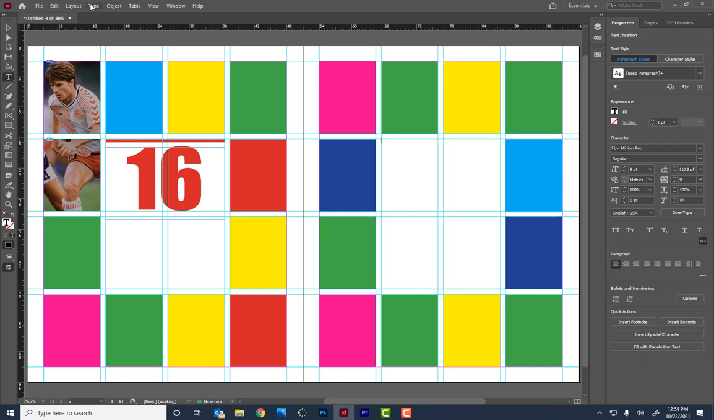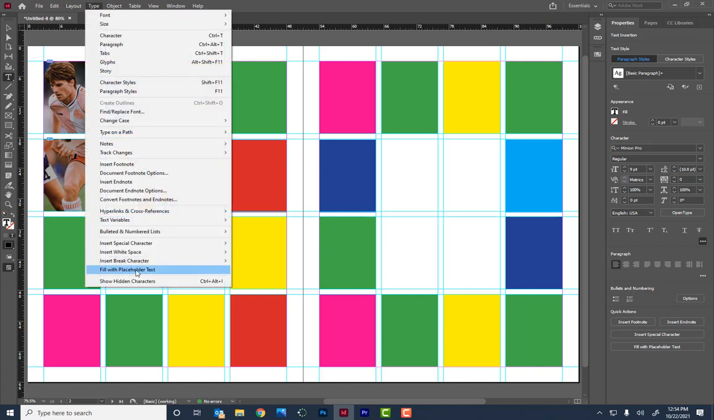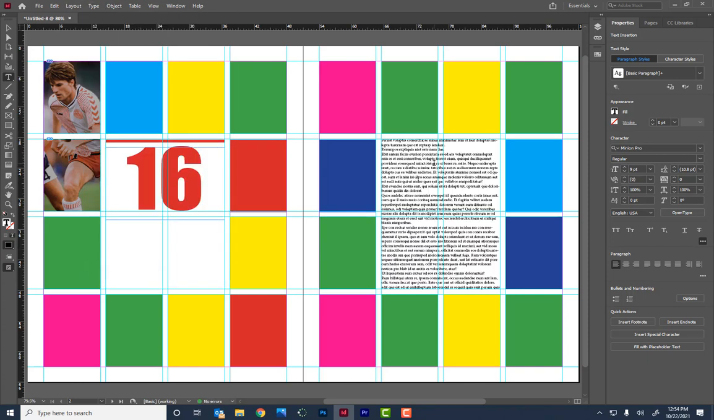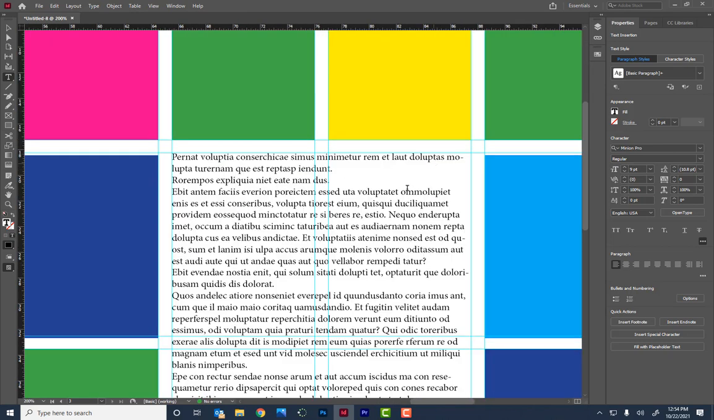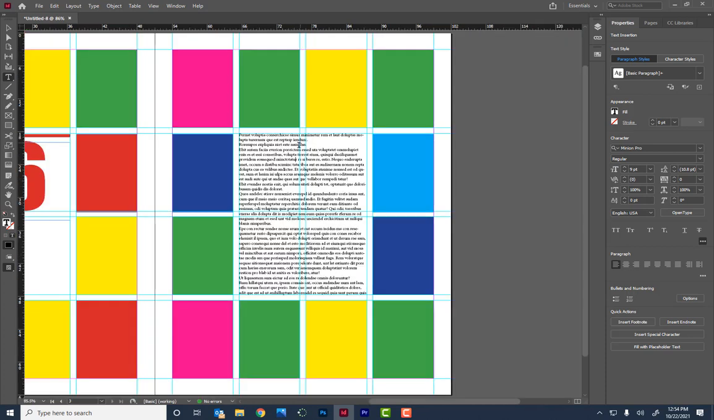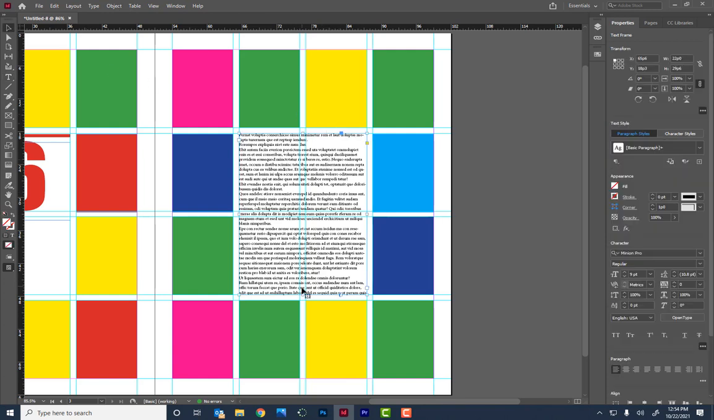And I'm going to go to Type, Fill with Placeholder Text. And there are no English words in here that are discernible, really. You might have a couple Spanish or Italian words maybe by accident, but it's just a bunch of junk. It's called placeholder text. It's not anything, really. So anyway, that's that. Next, I made a picture that goes in that layout